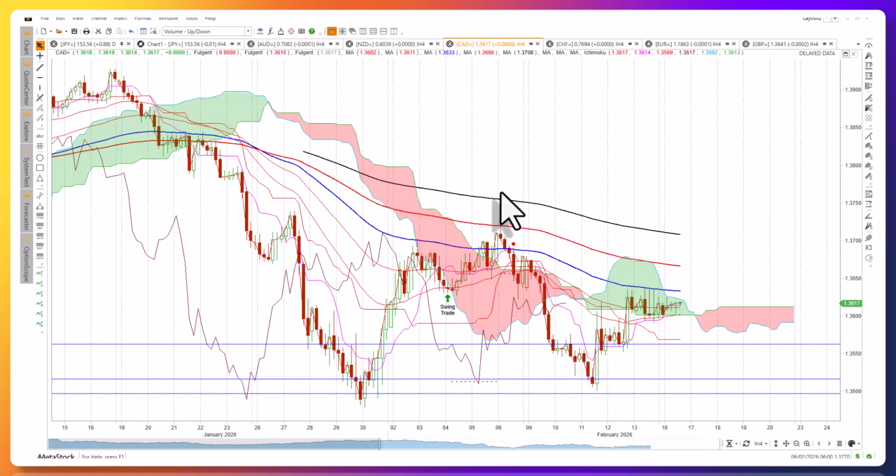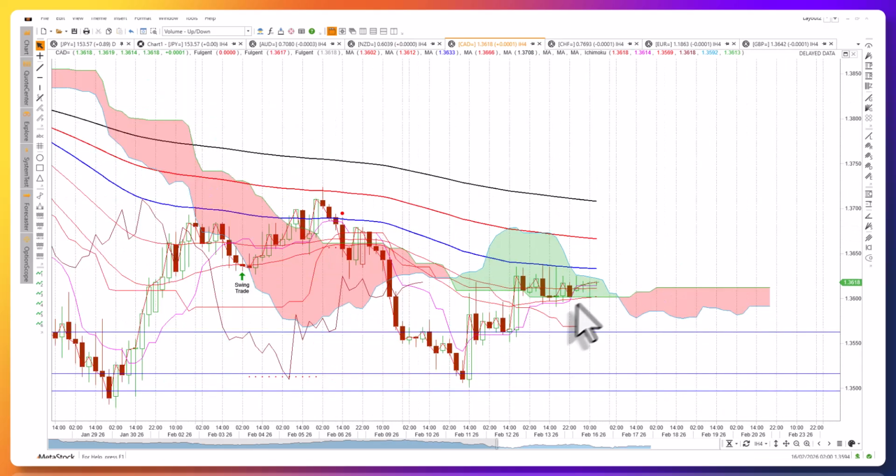CAD USD struggling here within the cloud, needs to break past that cloud chart resistance. Had a beautiful rebound buy signal at this cloud chart support, old lows and old cloud chart support levels. Nice little rally back up, broke through the bottom end of the cloud. The bottom end of the cloud is a new support zone. If you just zoom in there, we need to break past this top end cloud chart resistance, but the big benefit here is now this is a new line in the sand, so keep that